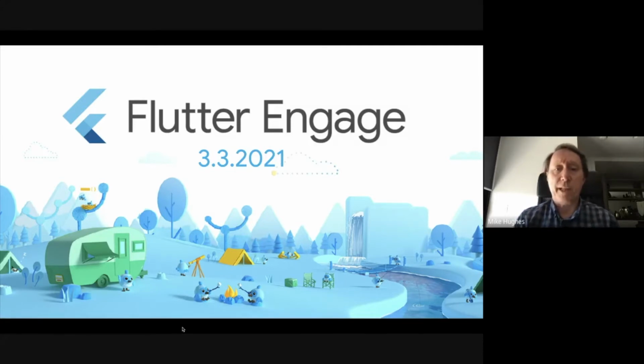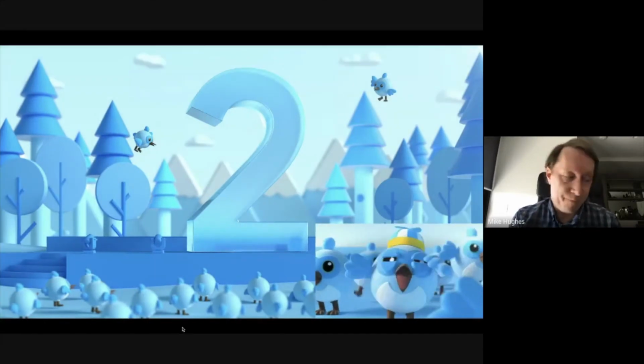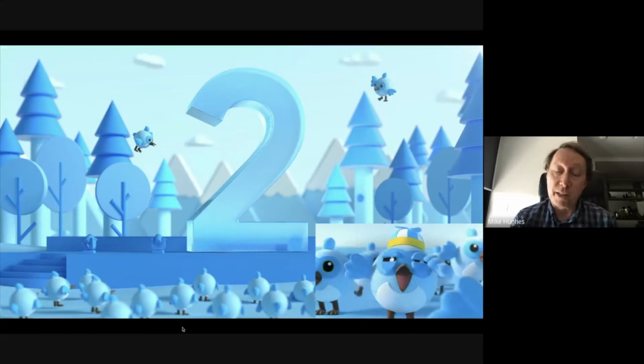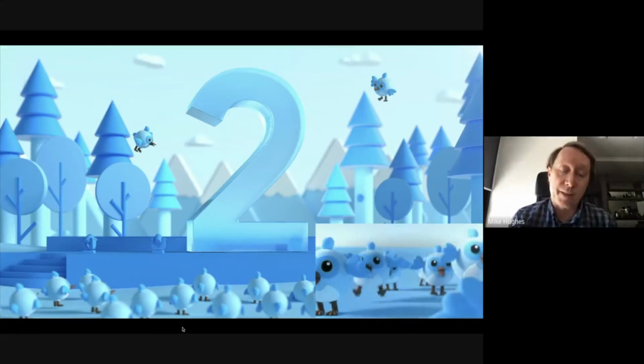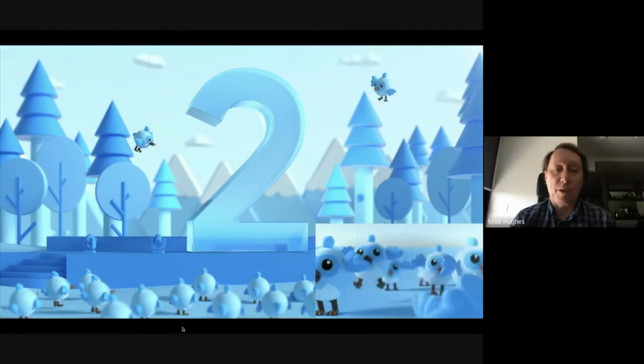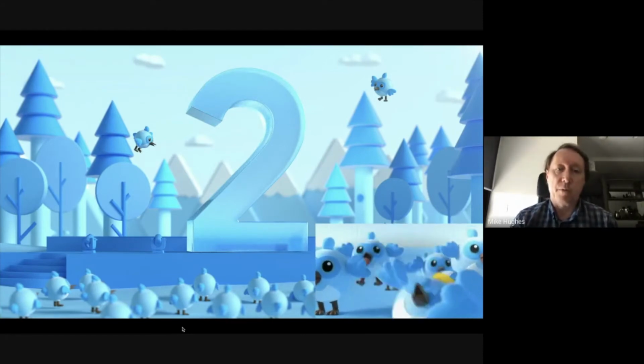Now, Flutter Engage was the big event 2 weeks ago where Google and the Flutter team announced some of the new functionality in Flutter, and it went version 2. Version 2 is a really big deal for any framework, because it's a big sign that we've gone beyond perhaps the foibles or mistakes of version 1, and we've got to a nice mature